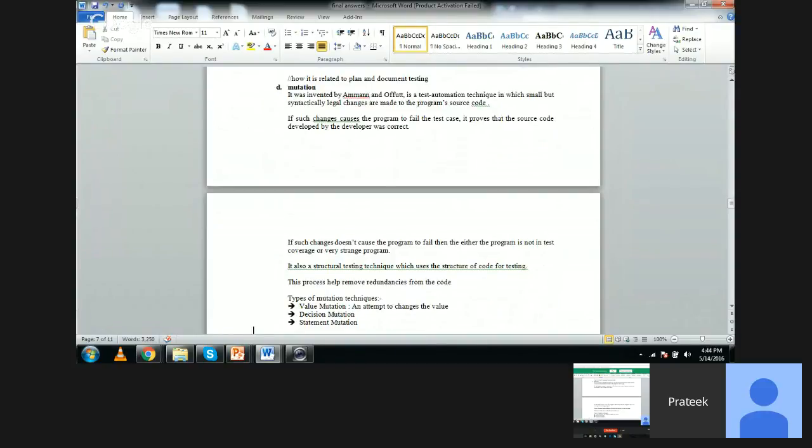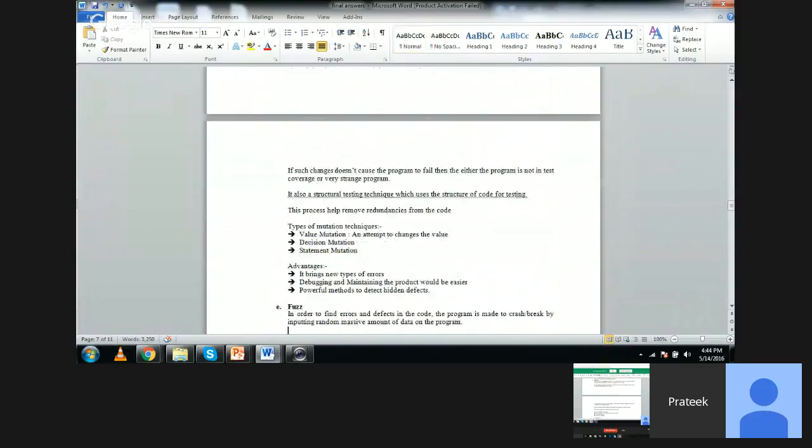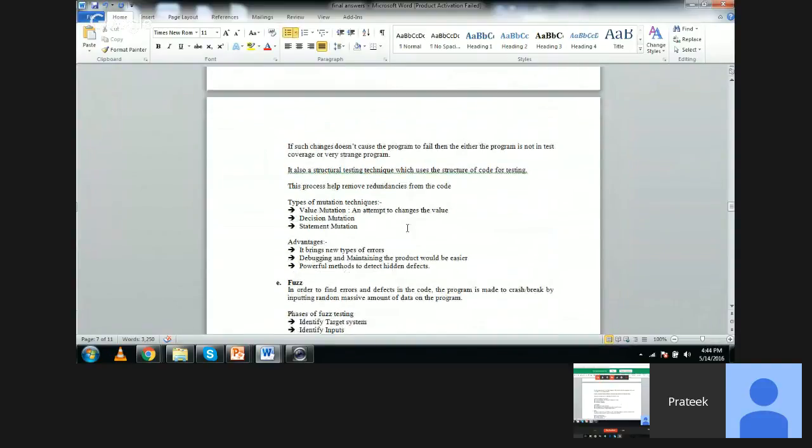See, here also you didn't mention anything about planning and documentation. You can skip the definition points about types of mutation, advantages and disadvantages, but the planning and documentation parts need to be there.